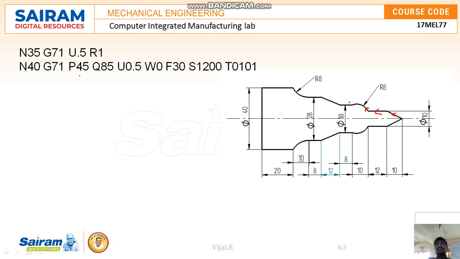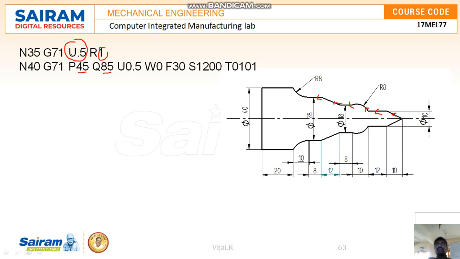As I said in the syntax, this is the starting block, this is the ending block, and the axis allowances: this is the Z-axis allowance, this is the X-axis allowance. These are all the things we have to do. So first let me keep it blank here, then we will do it. So the depth of cut and retraction amount. Fine, I will go on to write a program here.